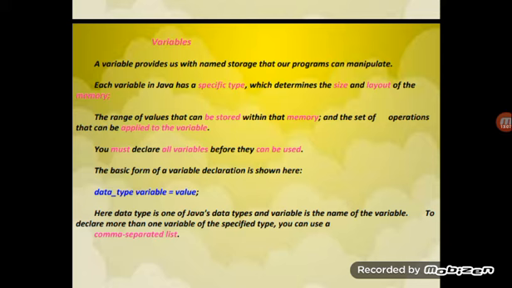Whatever type of variable you are having, that type you have to take here, such as integer, character, string, boolean or double, and then the value for that type of data you have to initialize.